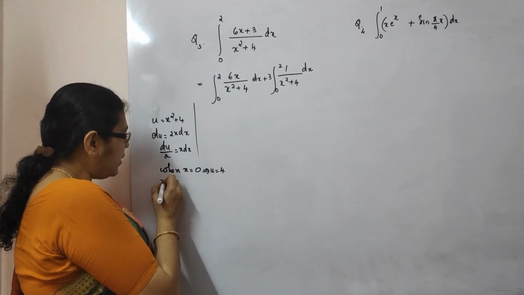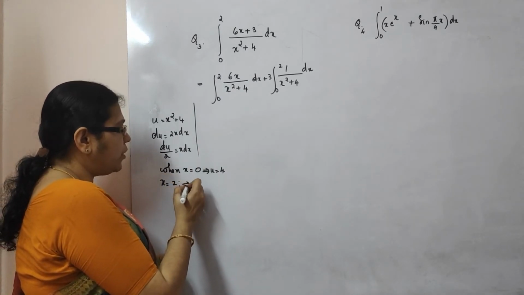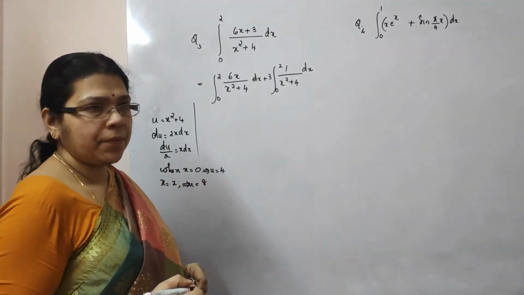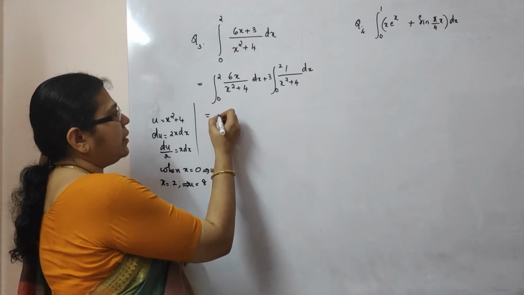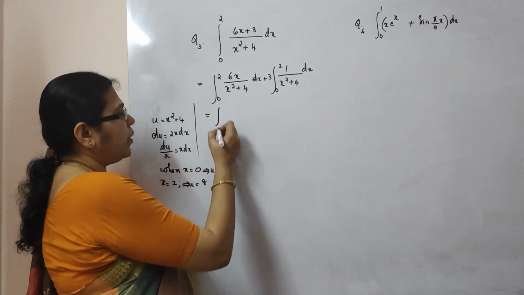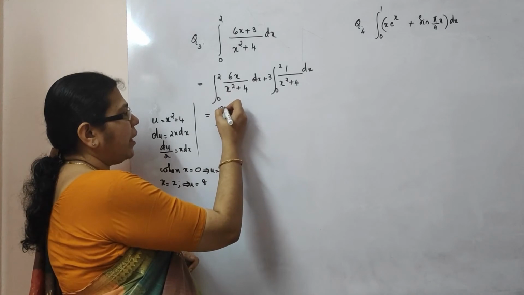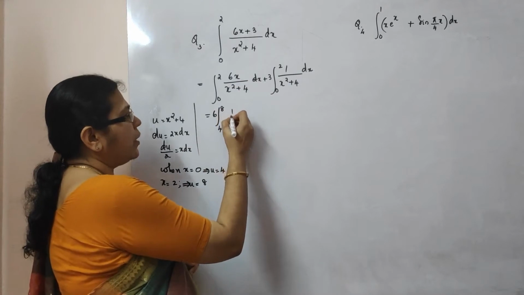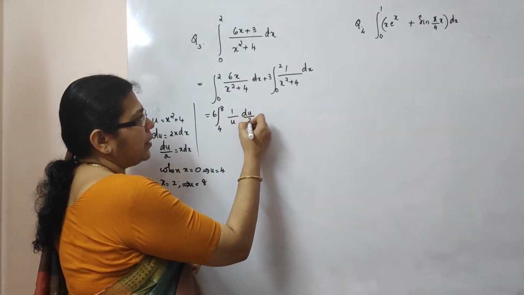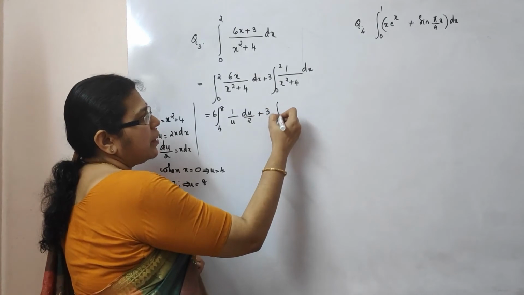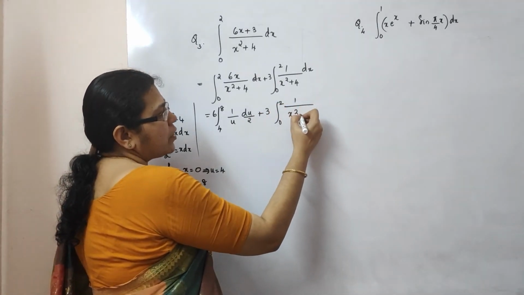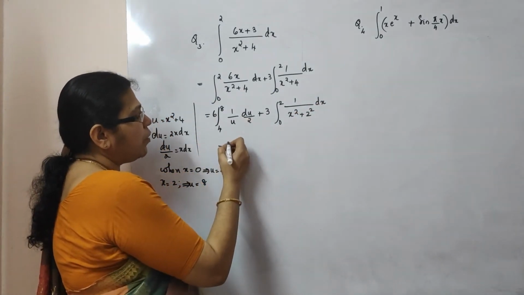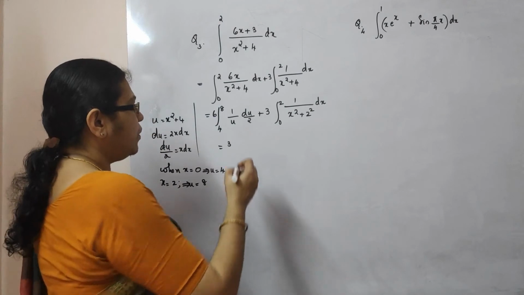Then when x is equal to 2, u is equal to what? 2 square is 4, plus 4, that is 8. So this integral now I can write as integral, in the place of 0 I have 4, in the place of 2 I have 8. 6 is outside. Now x dx is du by 2, and this is 1 by u into du by 2. Am I clear? Plus 3 times integral 0 to 2 of 1 by x square plus 2 square into dx. Now this is equal to, when 2 comes outside, this becomes 3. 3 into